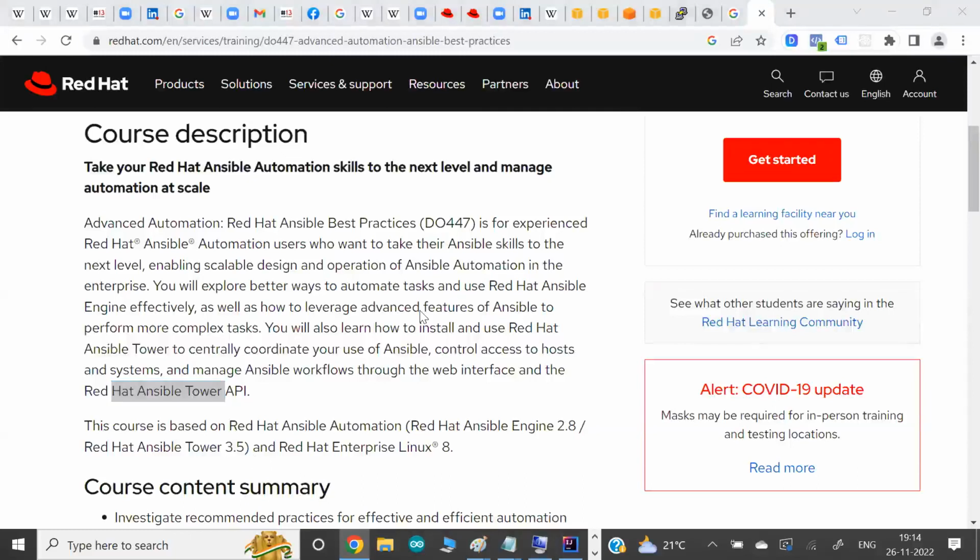Ansible is not at all similar to Jenkins. Jenkins we will do separately. In upcoming days, we are going to start Jenkins, so at that time you can compare the things.